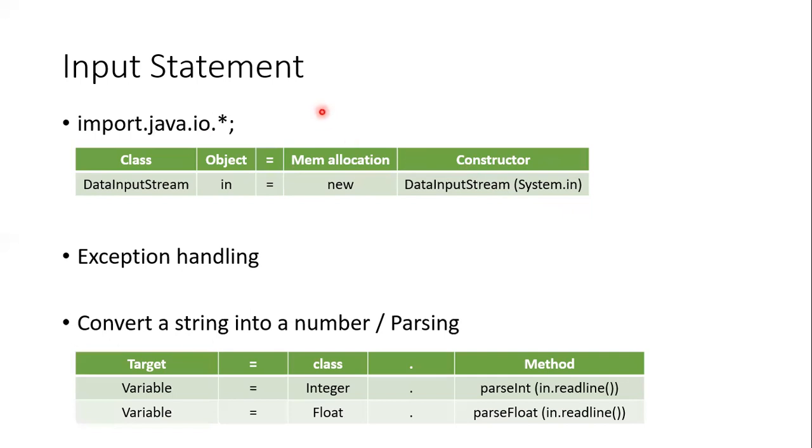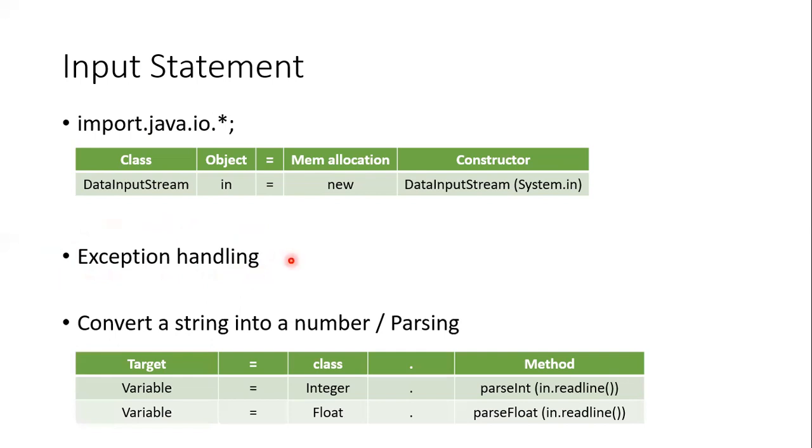And while writing the program for interactively receiving input from the user, it's also important that we use exception handling statements, because the exception handling mechanism will help us handle the unexpected exceptions that we may receive while getting the input or while executing the program. The exception handling mechanism will hit the problem, throw the exception, catch the exception, and also handle the exception. So by using the try and catch method, we handle the exceptions.